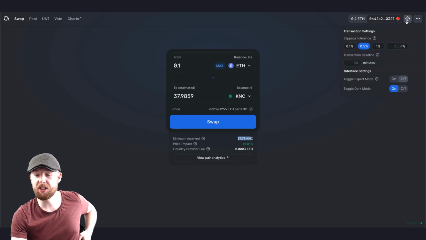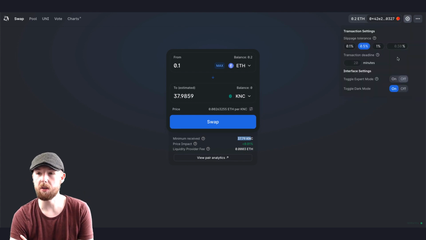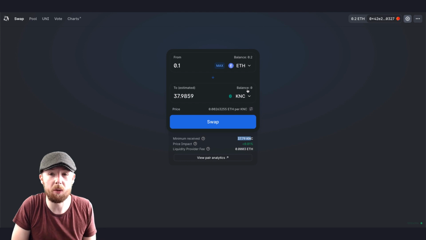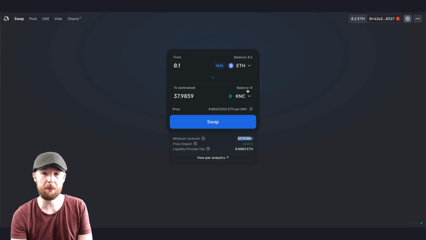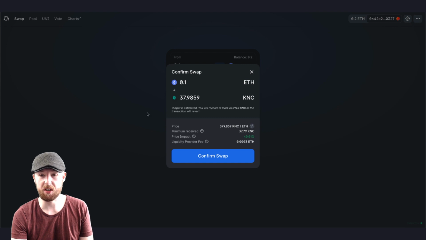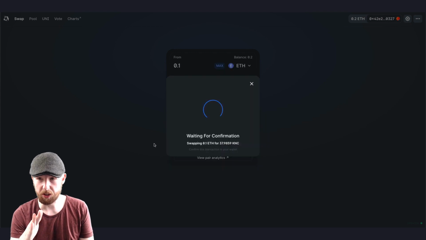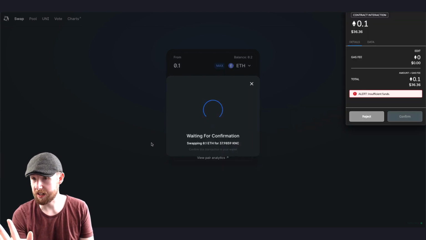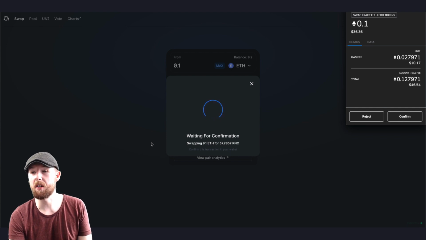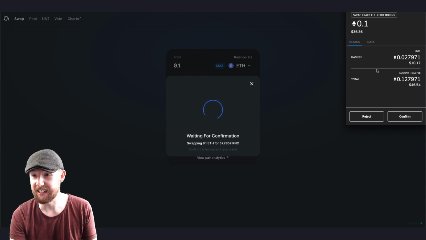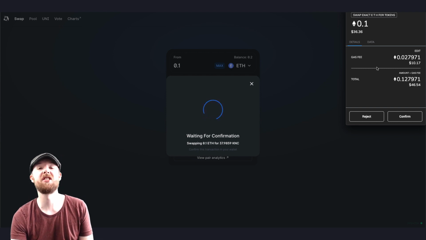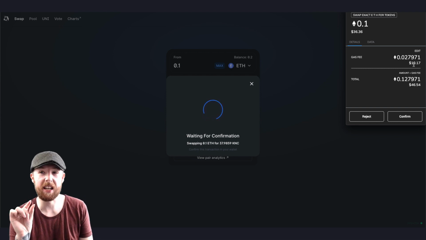There are other settings though, more advanced settings you can use, in terms of slippage and stuff, because some transactions will totally fail due to how it works. So if we want to swap that 0.1 Ethereum for KNC, all we need to do is press the swap button, and it will just do it. It's going to come up here with all the gas fees, and the gas fee is scandalous. $10,